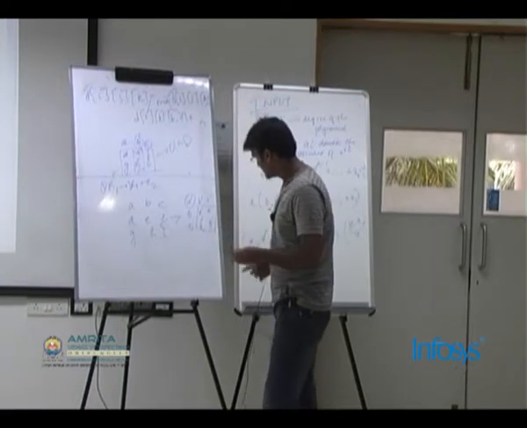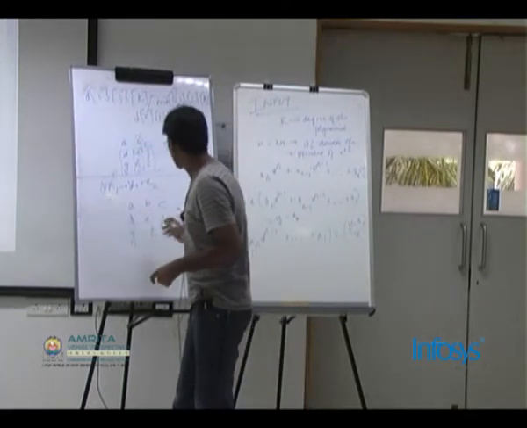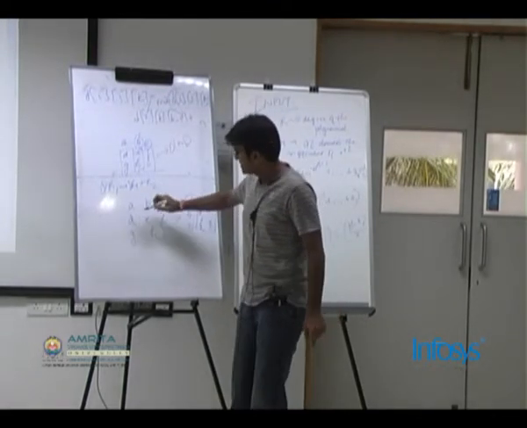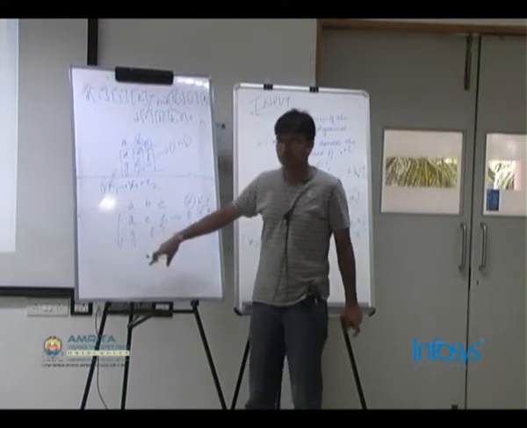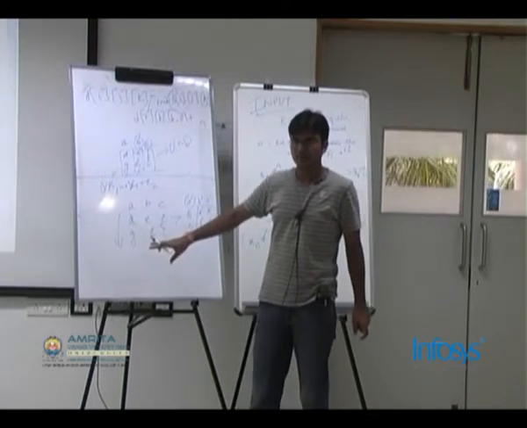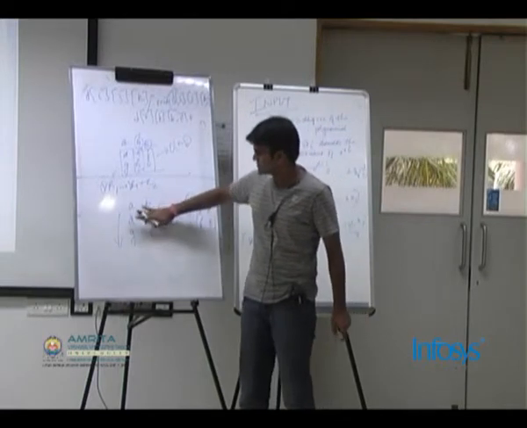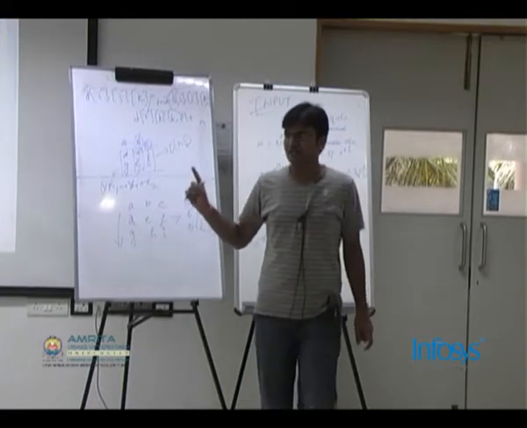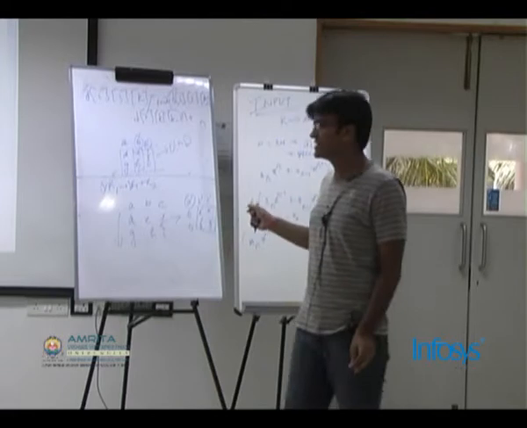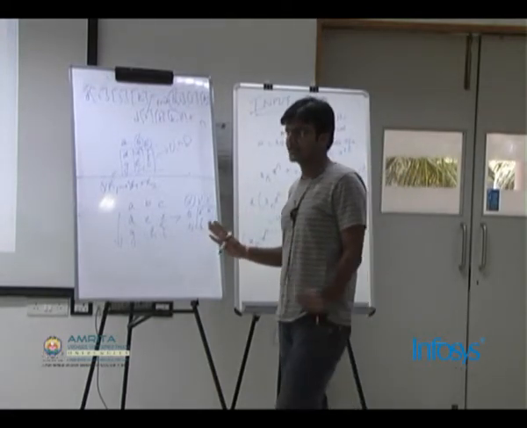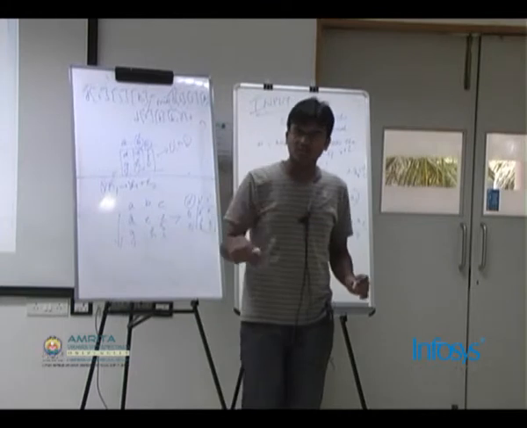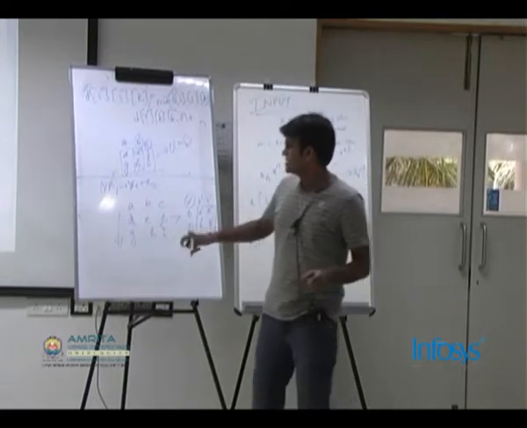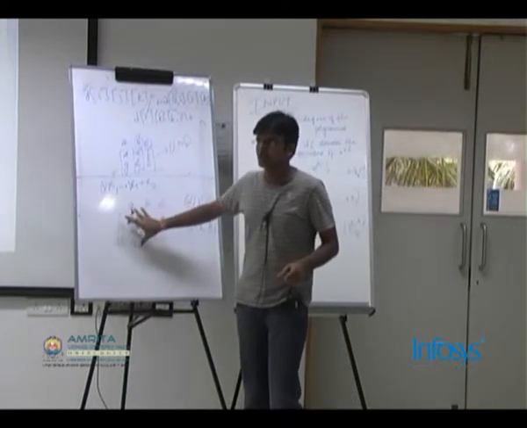But if we somehow can do this transformation, for doing that, first of all, we check whether A is 0 or not. If A is 0, then we try to find a non-zero element in this column. There would at least be a non-zero element in this column. If there is no non-zero element, then the determinant is already 0. We can directly say, if one of the columns or one of the rows is 0, then the determinant is 0. So there has to be at least one non-zero element in this column.